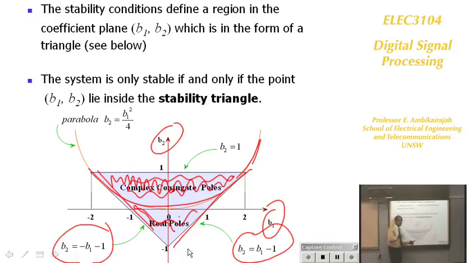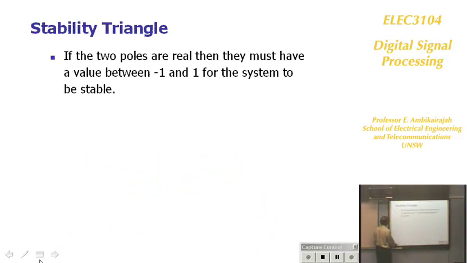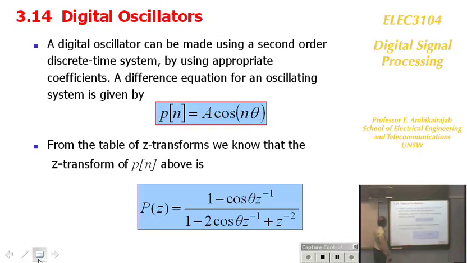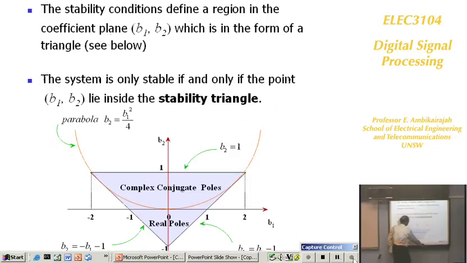So the stability triangle is important. If you have got roots, that is p1 and p2, you use the circle and find out where they are. If you have the coefficients, then you look at the stability triangle. Yes, that's okay. We've already said that. If you go to the next slide,